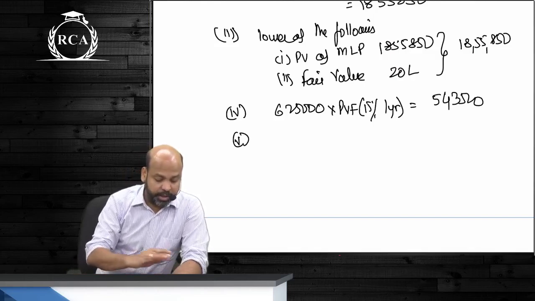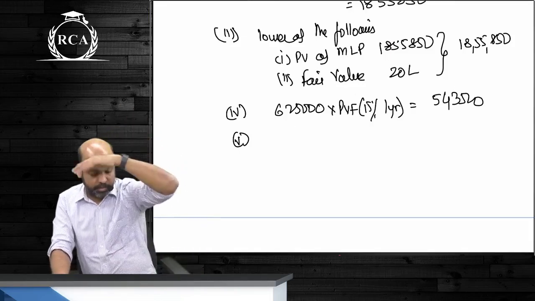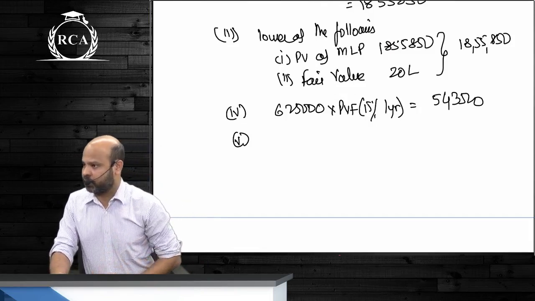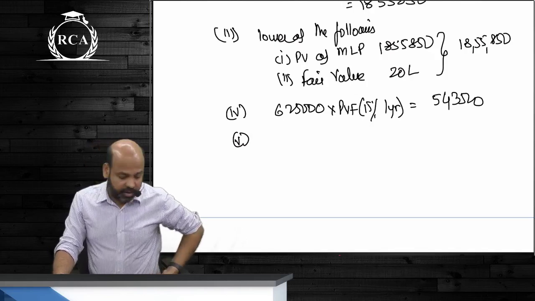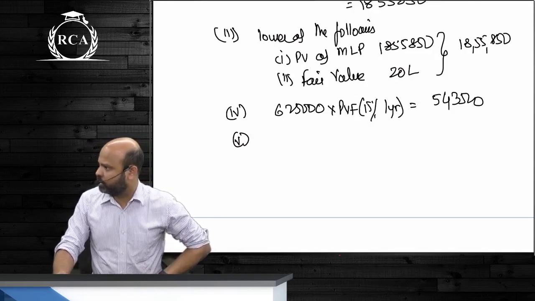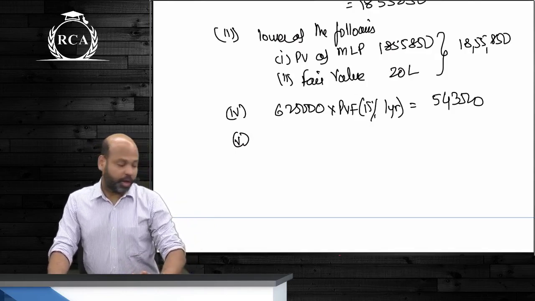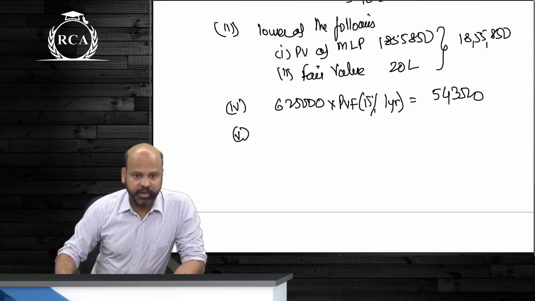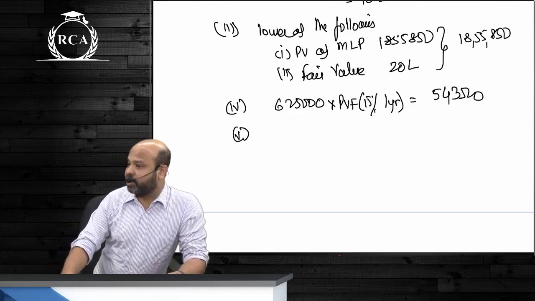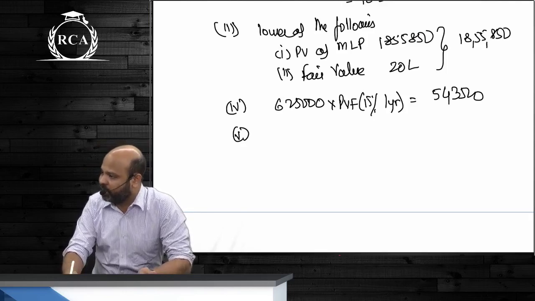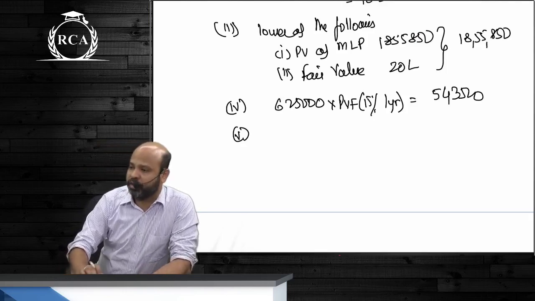Fifth bit, guys: what would be the impact on P&L? The answer given here is wrong, guys, but I can't help it. Depreciation we cannot compute because we do not have details. If you had to compute depreciation, assuming the useful life of the asset is only 4 years, are we not recording the asset at 18 lakh 55,850? And we know the residual value is 1 lakh 25,000. Shouldn't you divide 18 lakh 55,850 minus 1 lakh 25,000 by 4 years, beta? They did not subtract 1 lakh 25,000; they've directly divided 18 lakh 55,850 by 4 years.